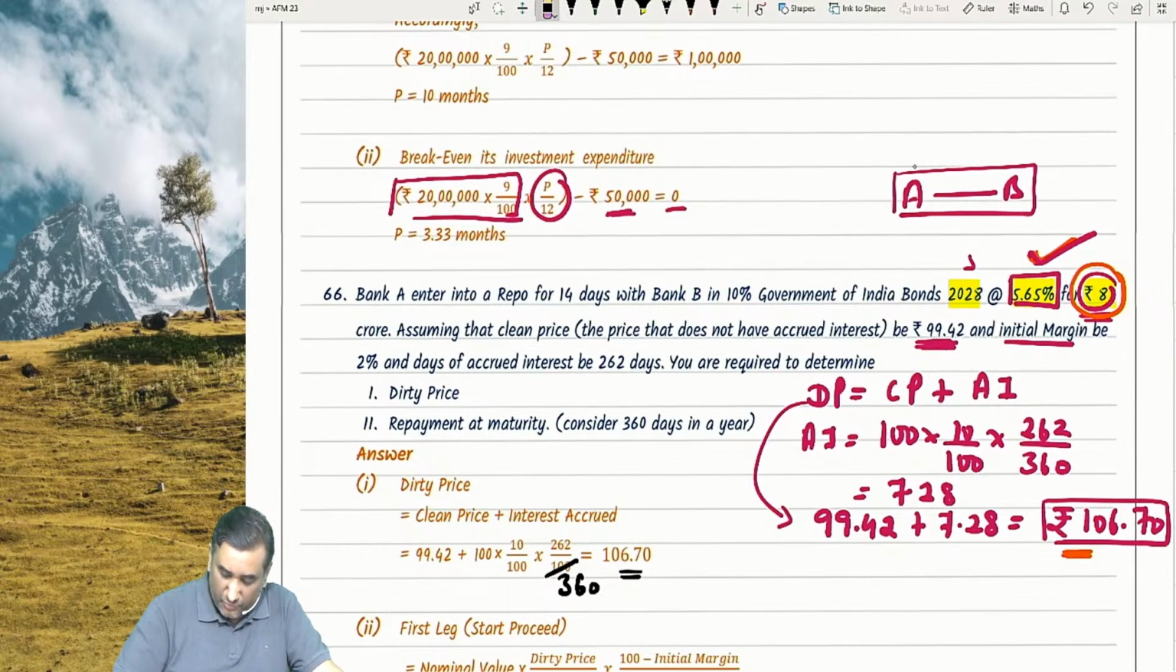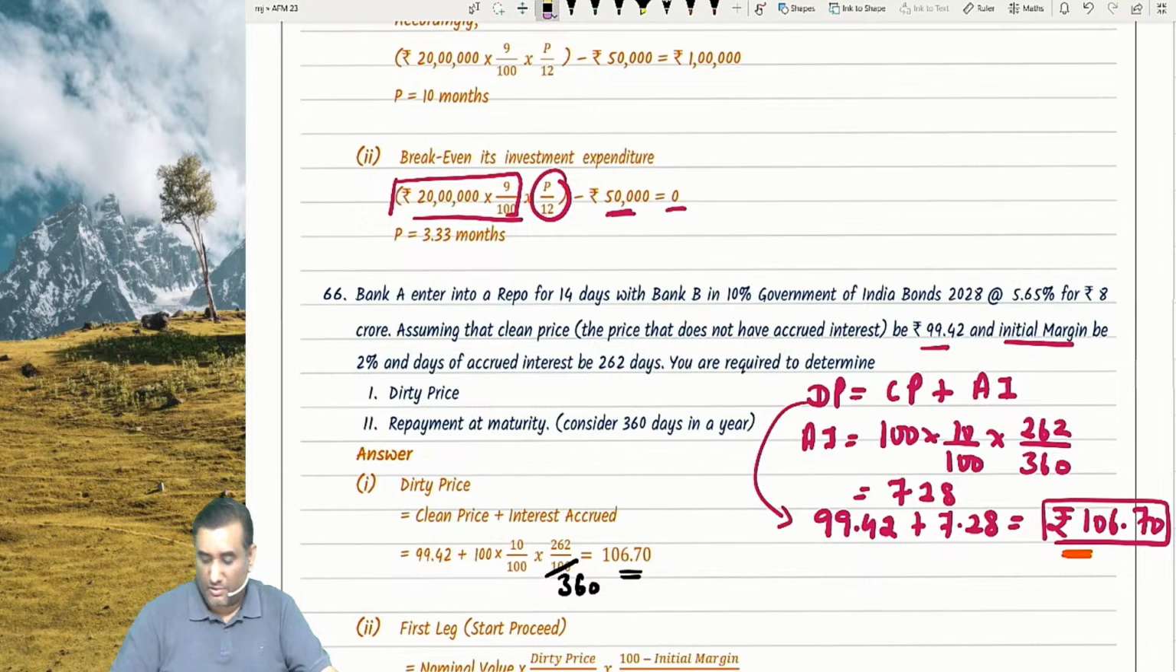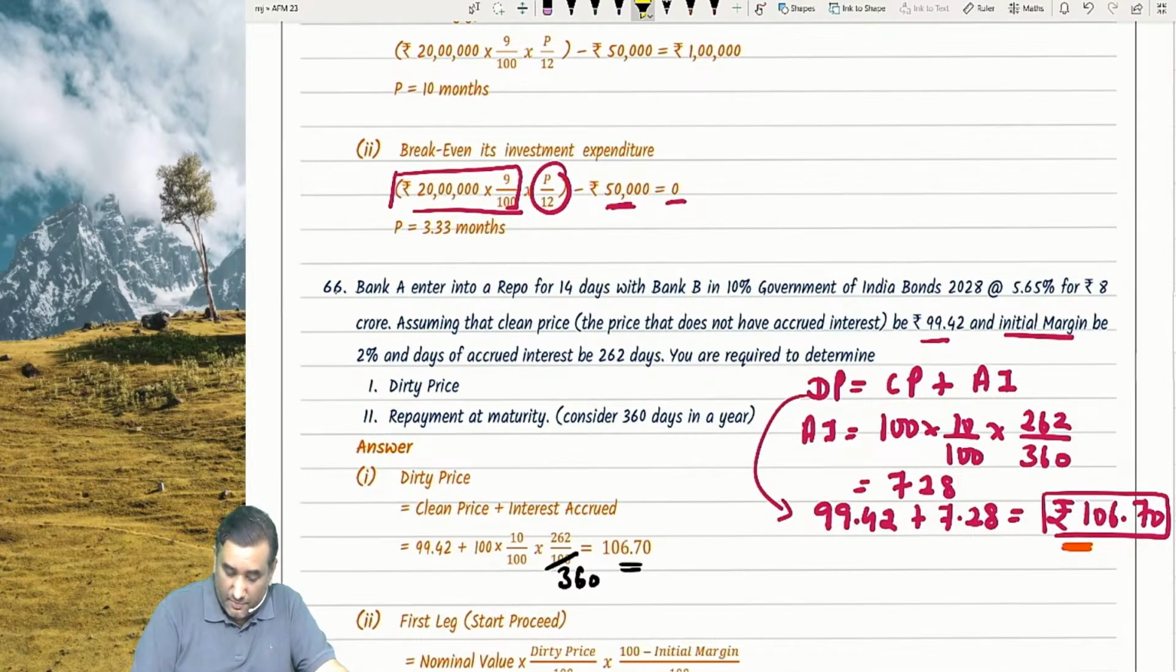Pricing of the bond will take. So what is dirty price? Dirty price is clean price plus accrued interest. Actually, what happens practically is the